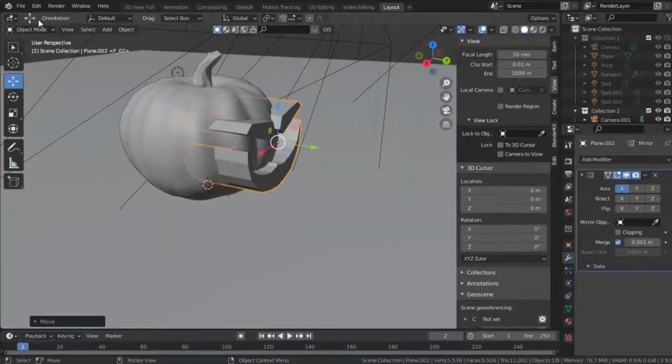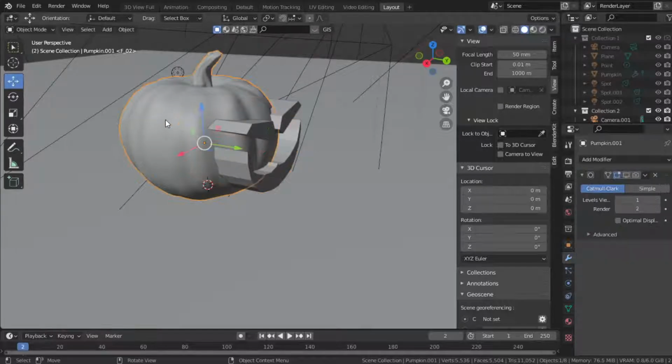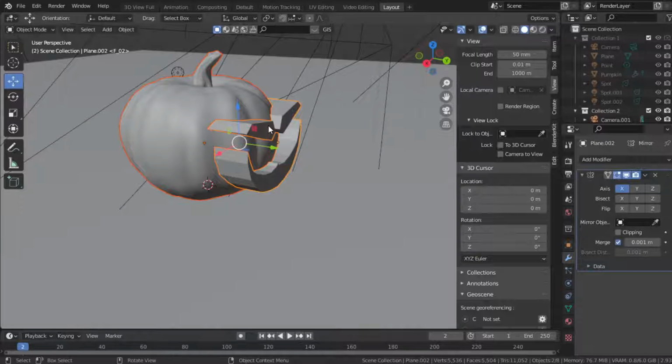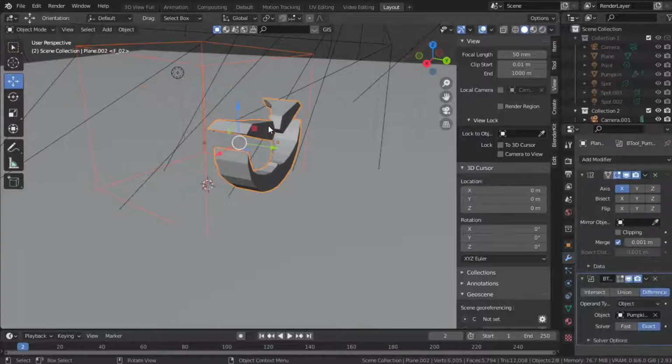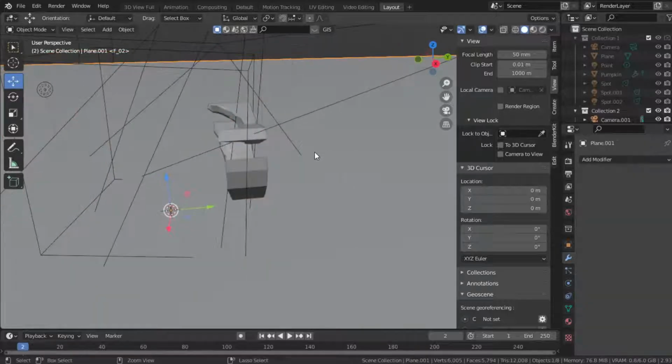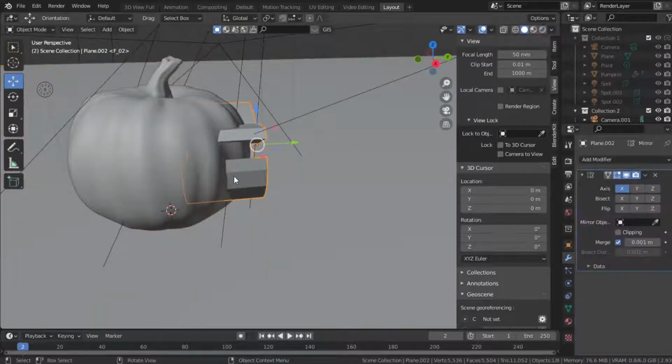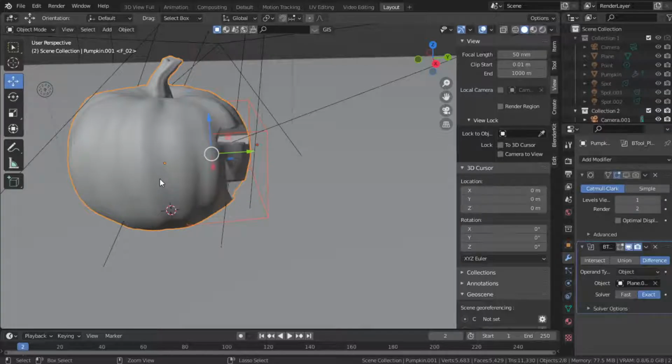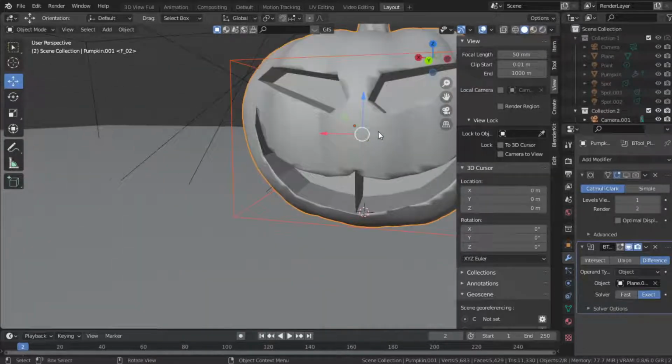Now we're going to go up to edit, preferences, and just make sure that we have our Boolean, bool tool add-on, and that'll allow us to select our pumpkin, select the face, and go control numpad negative. And that, hang on, wrong way. This one first, and that one, control numpad negative. Now, just like that,